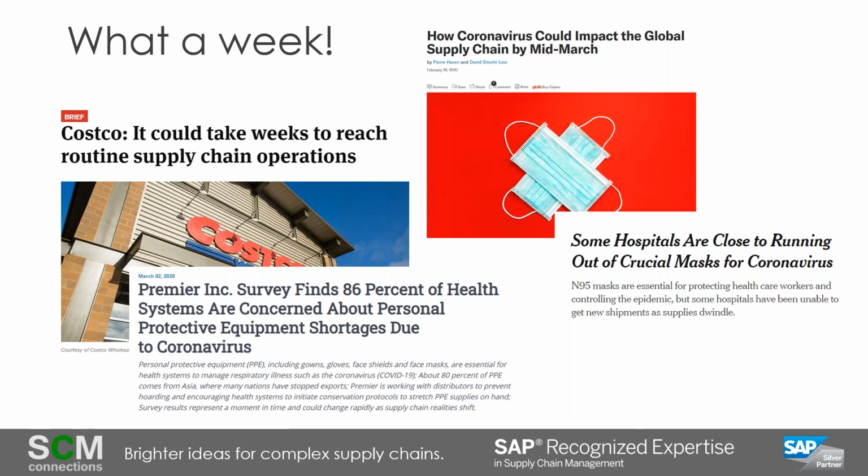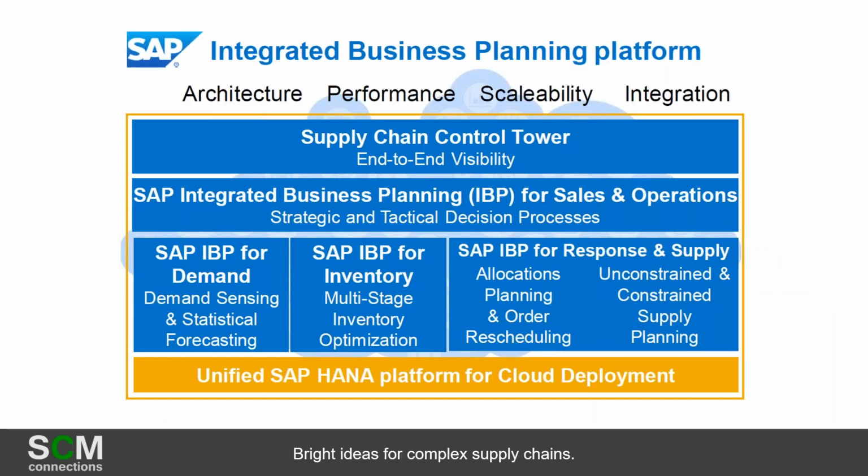And we're seeing that, again, in all elements of the industry. So as we go through the IBP platform, what makes it uniquely able to tackle this kind of issue? It's a fully integrated platform. You can see sales and operations, inventory, demand, supply. The key part here is that bottom yellow bar. It doesn't look very exciting.